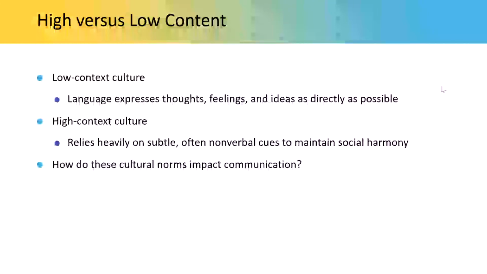Okay, so think about this. On page 44, there's a chart that looks at high versus low context cultures. What are some of the nations that are these two different kinds of cultures? How is important information carried? What do communicators value? And what do communicators admire? So people from the high context culture obviously admire silence, because you should not have to tell someone something. They should just know.